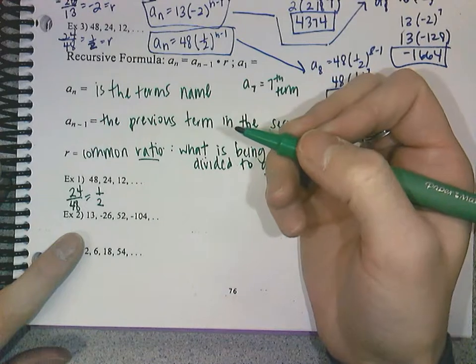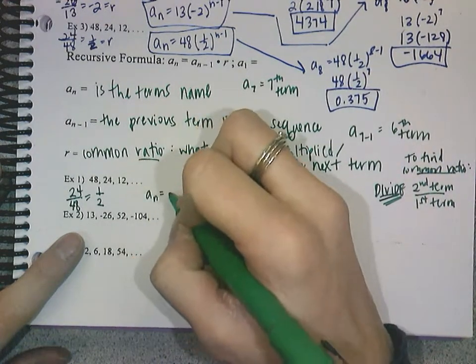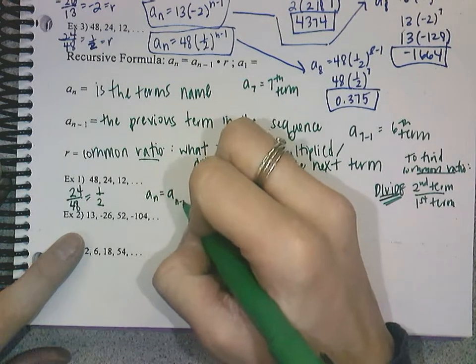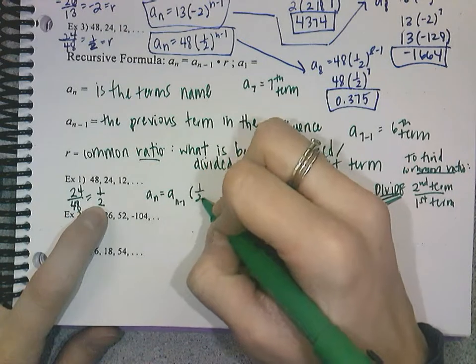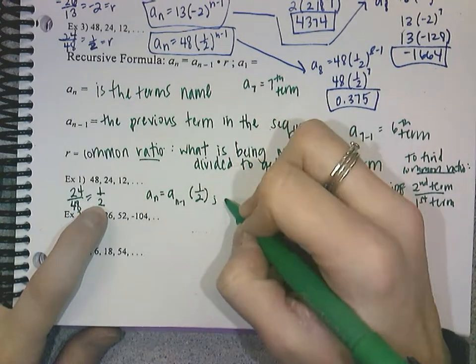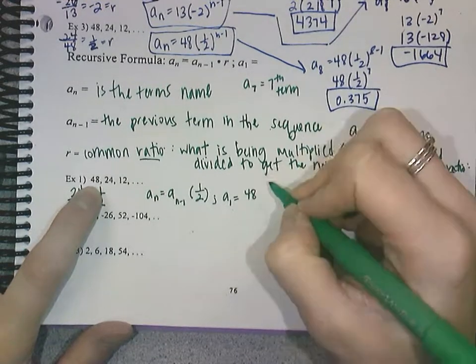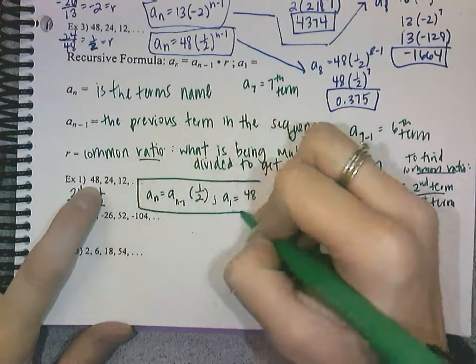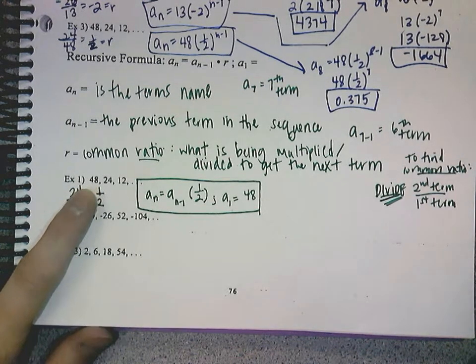Okay, so then we're going to write our formula. So it's a sub n equals a sub n minus 1 times r, which is 1/2. And then we need to write our very first term of our sequence, which is 48. So this is our formula for the geometric recursive. Now, if I asked you to tell me what the